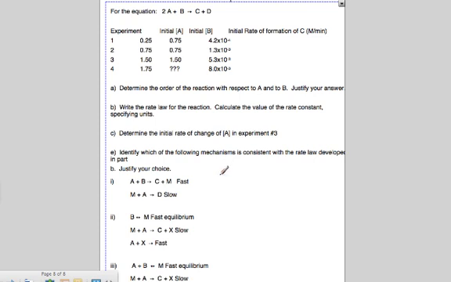And then we are going to identify which of the following mechanisms are consistent with the rate law. And this is not the last question. I have to do number 19C as requested by one of your class members. So that'll be our last problem, but it's quick, really quick. All right, so again, our little pasting didn't come out, but this is our A